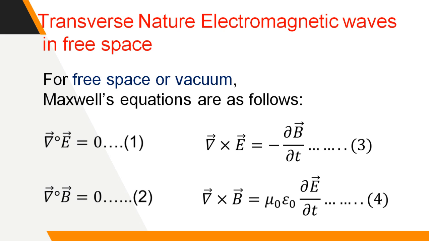In this session of electromagnetic theory, I'm going to discuss the transverse nature of electromagnetic waves. In the previous module, we proved that the electric field disturbance and the magnetic field disturbance propagate just like a progressive wave. And then we said it is going to be the electromagnetic wave.